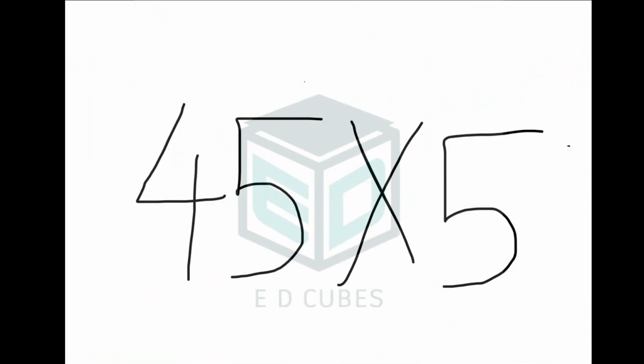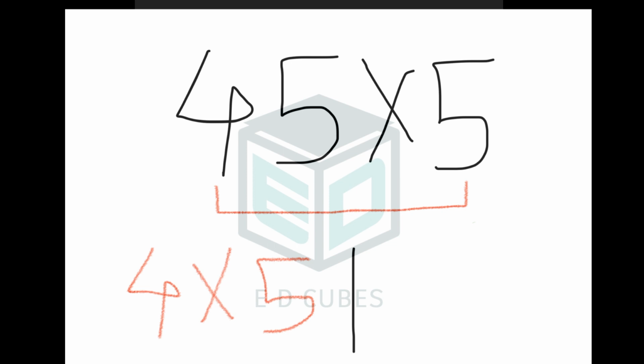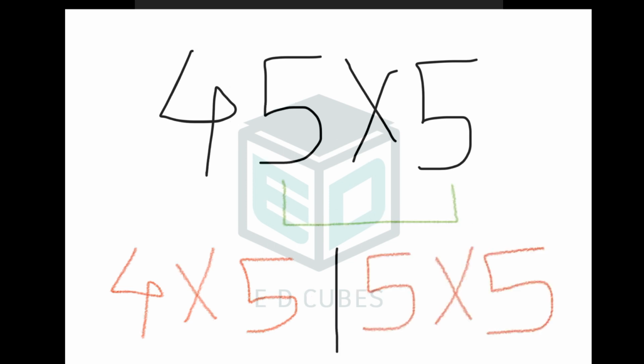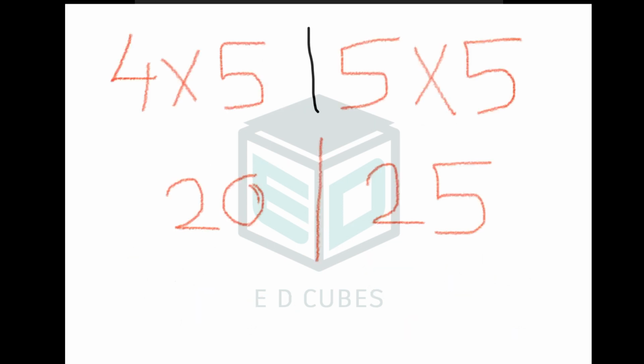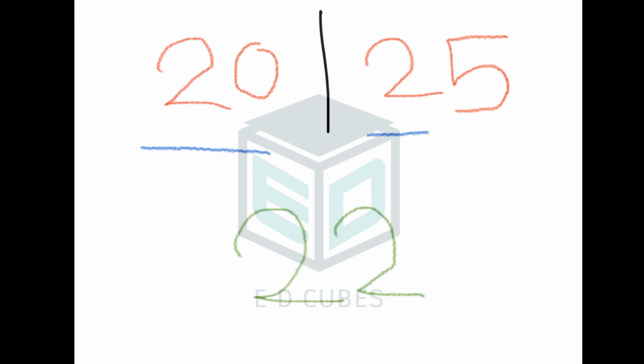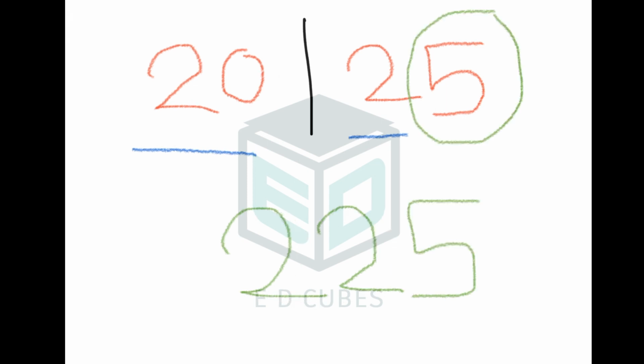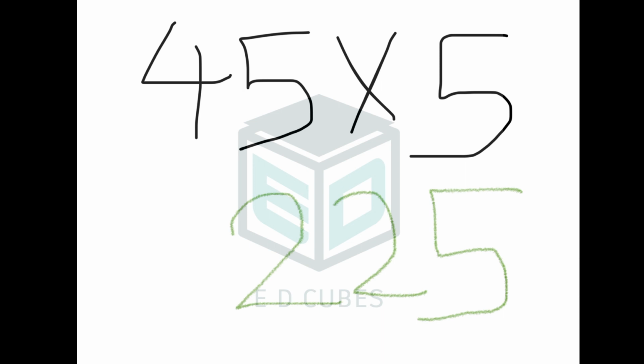Let's take 45 times 5. Now, the first step that you have to do is multiply 4 times 5 and 5 times 5, unlike the school method where you start with the ones place. Now, 4 times 5 is 20 and 5 times 5 is 25. Now we take 20 and add this 2, which gives us 22, and we copy the last number, that is 5. So, the answer for 45 times 5 is